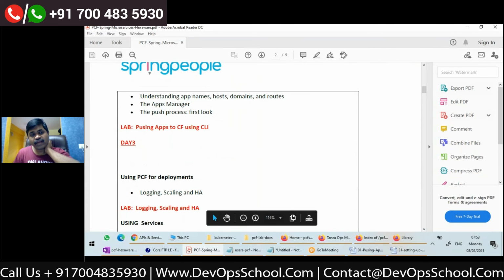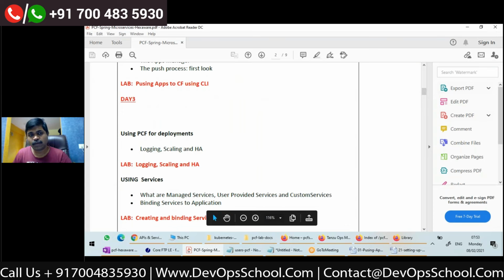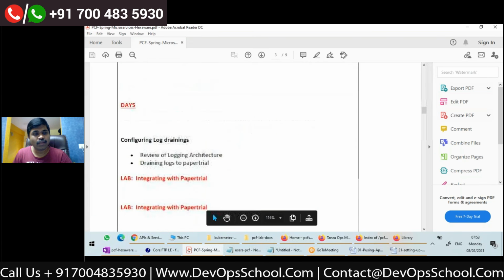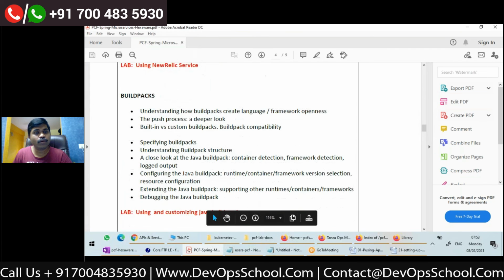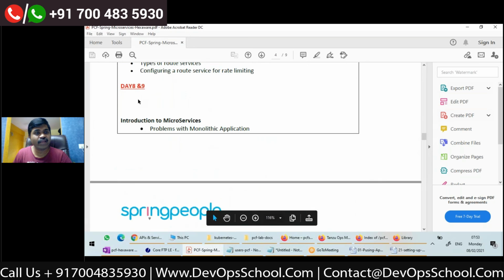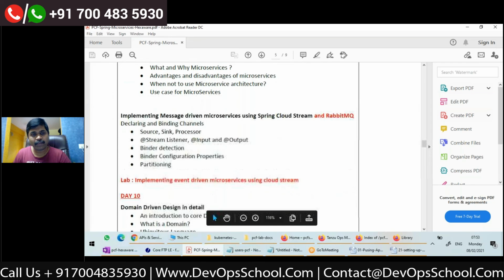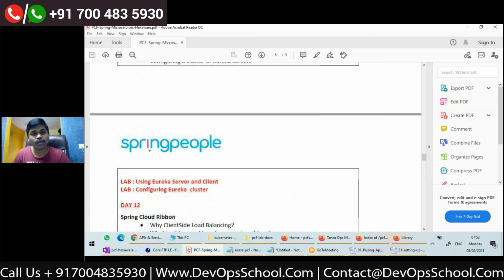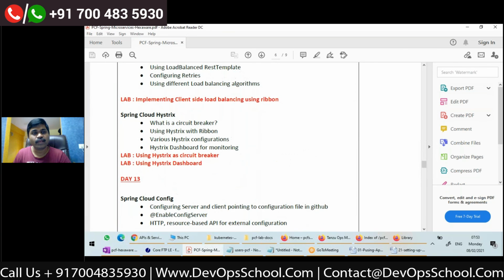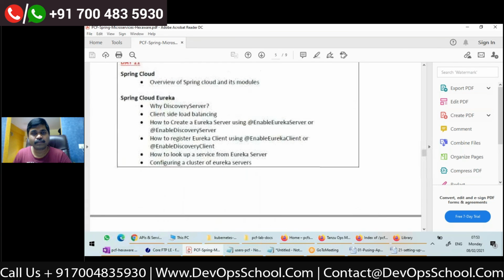Actually, right now we are in day 3. We are just discussing Cloud Foundry. Later we'll be going to microservices. Here we'll actually develop microservices, and then finally I'll show you how to push them to Cloud Foundry. The development part is later.